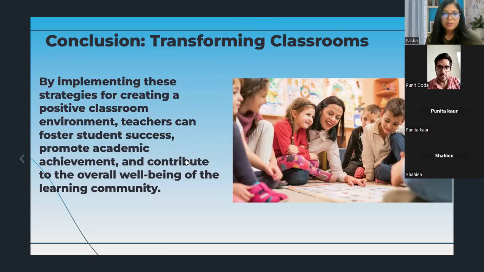In summary, by critically evaluating and applying these strategies, we can create a classroom where students are engaged, motivated, and excited to learn. The benefits of creating a positive classroom culture will extend beyond academic success, influencing overall students' well-being and achievement.